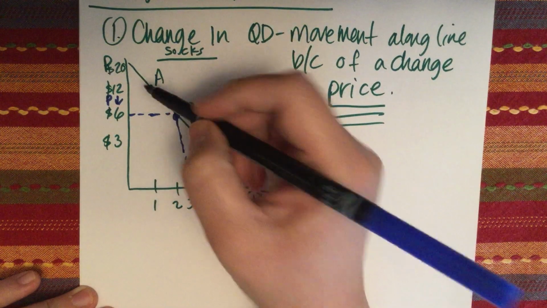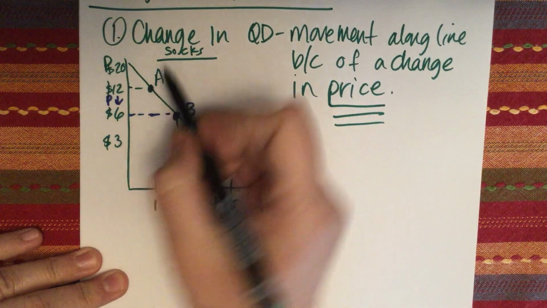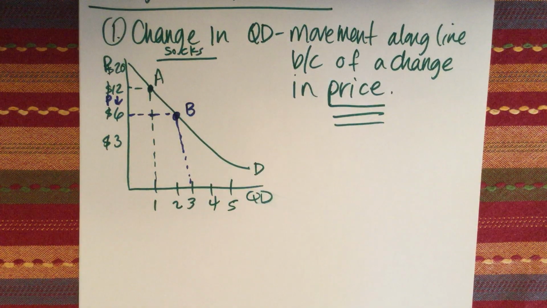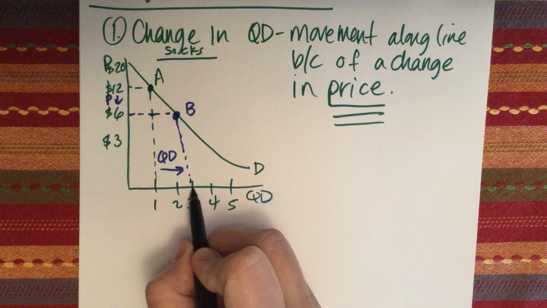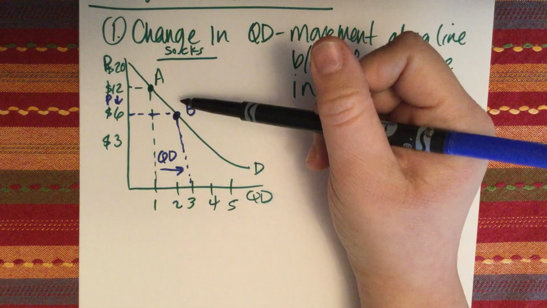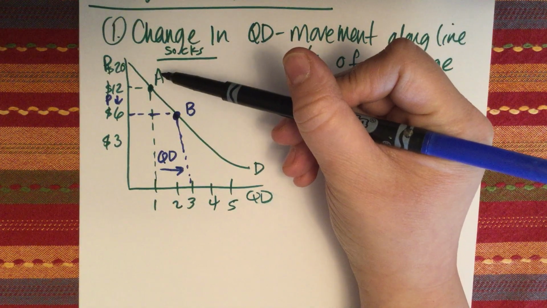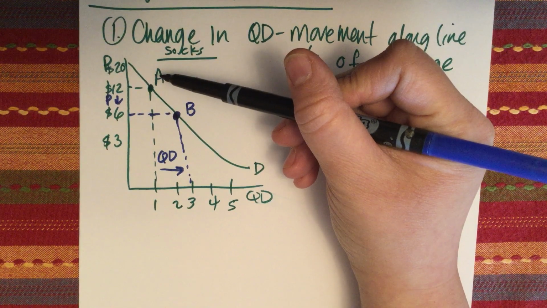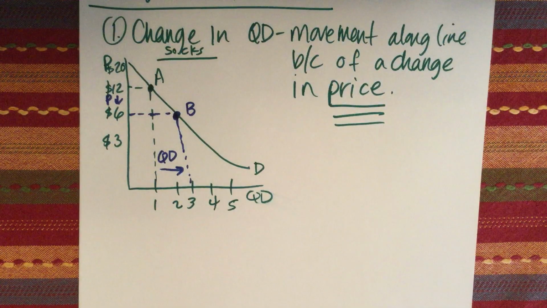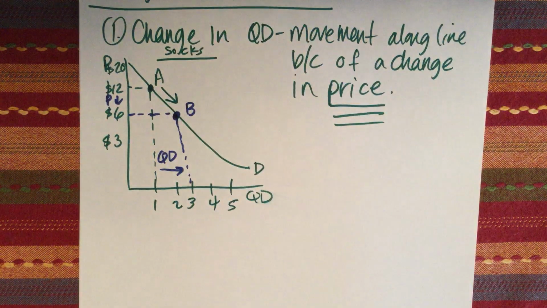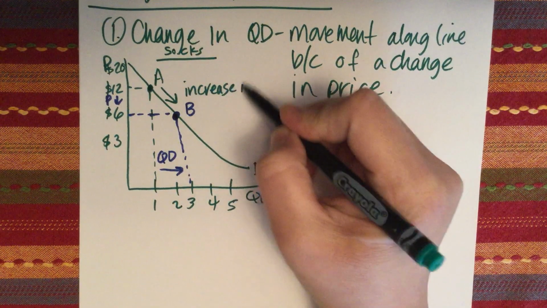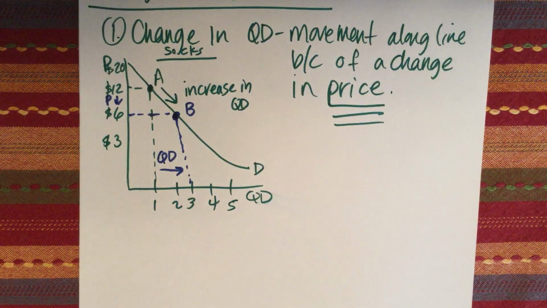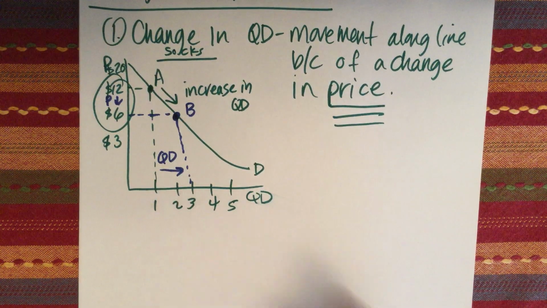Now, at $12, demanding only 1 pair of socks, we've moved to demanding 3 pairs of socks. So the quantity that we've demanded has increased, and it is illustrated by a movement along the line. We were first at point A, when the pairs of socks were $12 each, then moving down to point B when the price dropped to $6. So a movement down the line is an increase in QD. And this is because the only thing that has changed is price. And so we have increased the quantity that we've demanded.